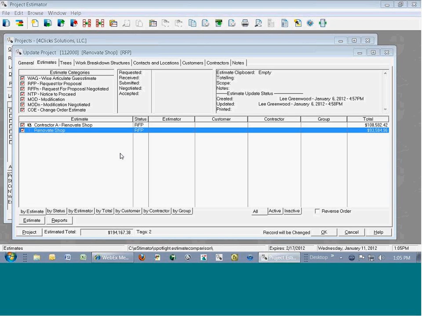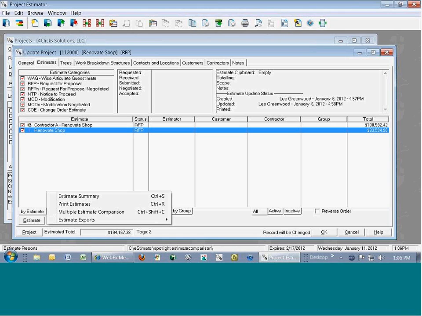But there's a really neat thing I'm going to show you in a minute, and that is you can actually compare one estimate in one project with one estimate in another project. Where I think I'd use that, Eric, is if I was looking at a bathroom remodel that I did now, and my boss asks, why am I spending so much more money for this than I did on the last bathroom remodel? I don't have to bring that other estimate into my project. I can compare the estimate I did just this morning with one I did maybe 1 or 2 years ago and find out what we did differently or left out. Now